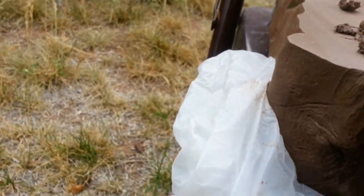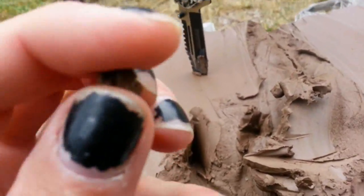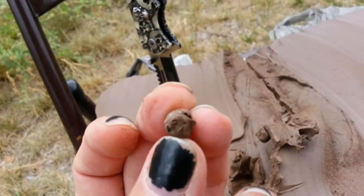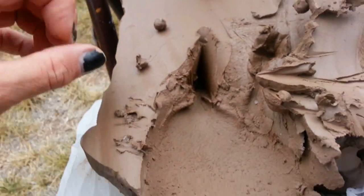And there's the 4th part of the head. So I'm going to go inside, wash all the clay off of this. That's the skirt. I'm curious to see what it looks like. Skirt, and